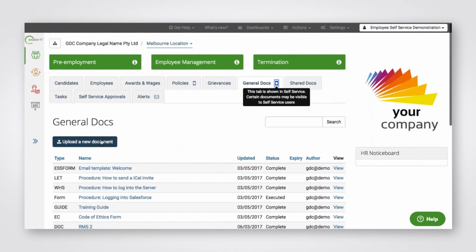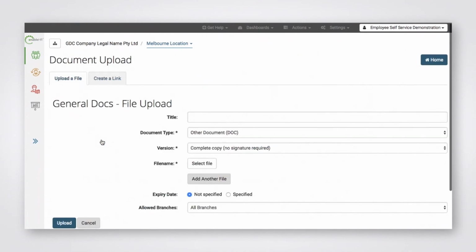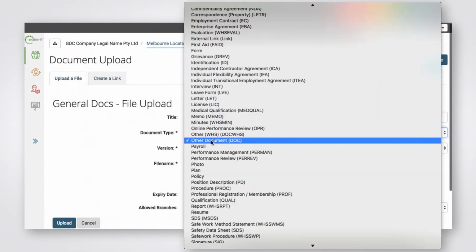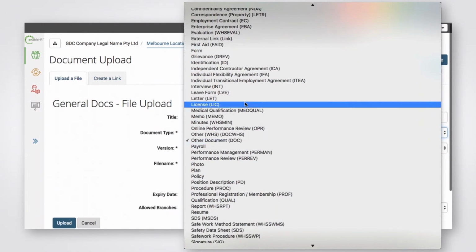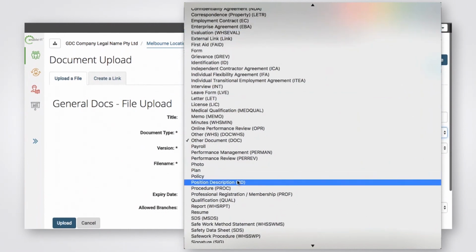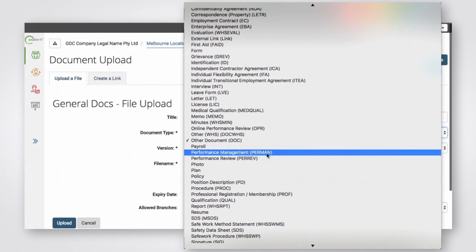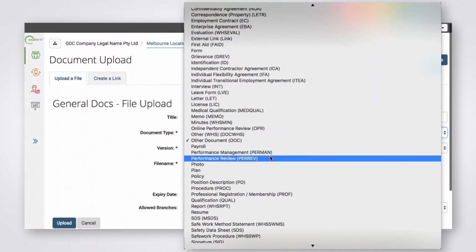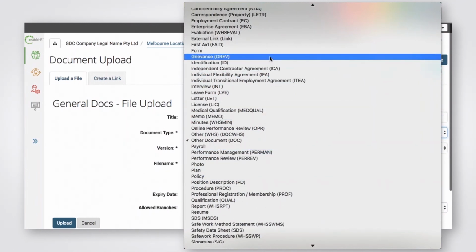When we click Upload a new document, one of our options is to select a document type. You'll see that we have a large selection to choose from. A self-service user has access to view only some of these documents. For example, employment contract, policy, and position descriptions. Performance management, performance review, and grievance type documents are an example of document types self-service users do not have access